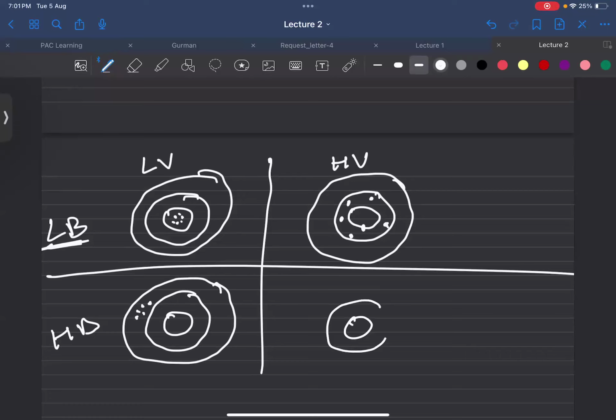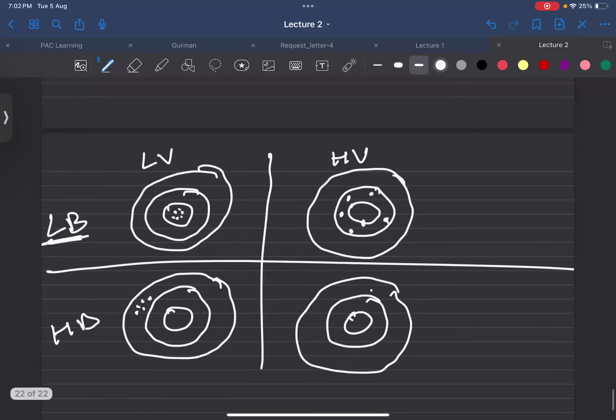High variance and high bias means? You can place them randomly on the output, very scattered, not getting anything one by one. Very scattered, and where? Ma'am, you can place all the dots away from the target, in the outer area, randomly. Yes, outer. Fine. So very far away from the target as well as not close to each other.